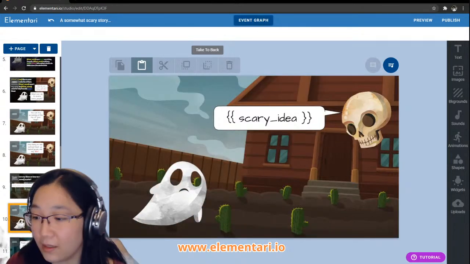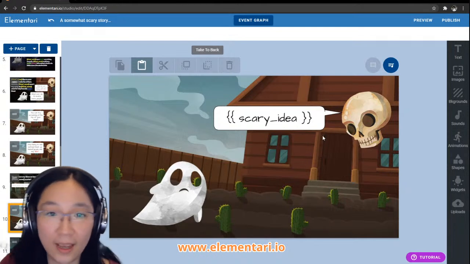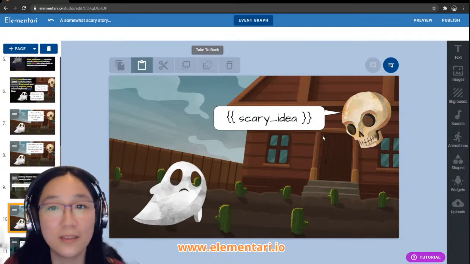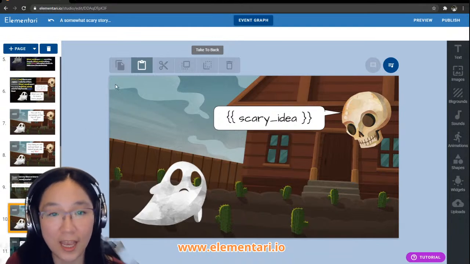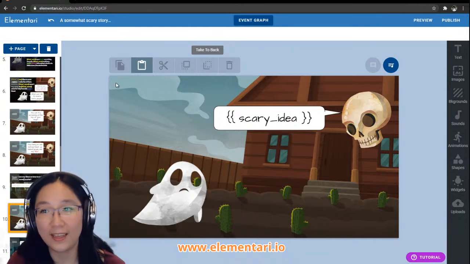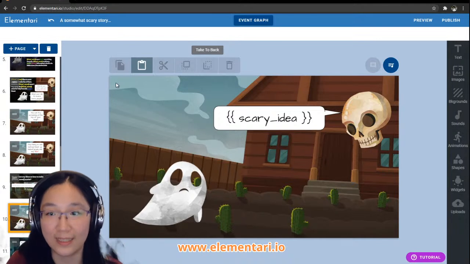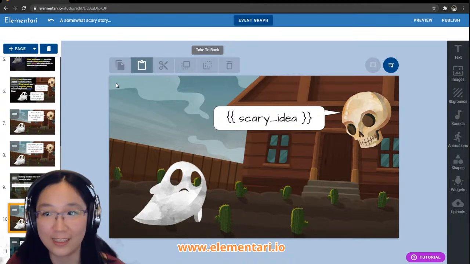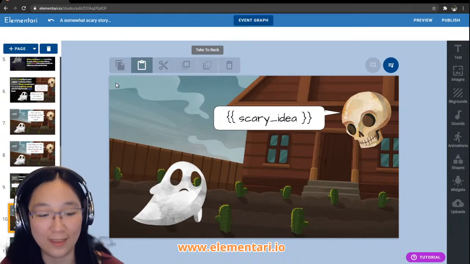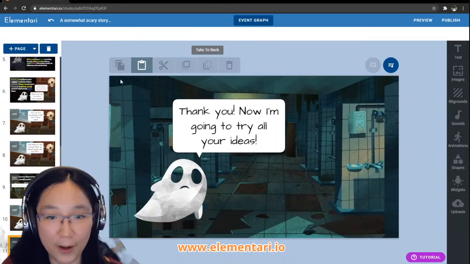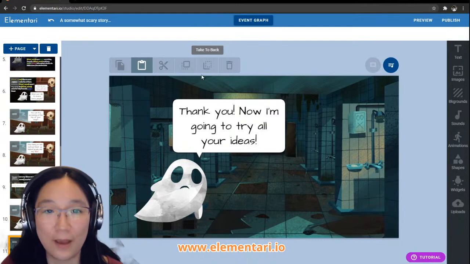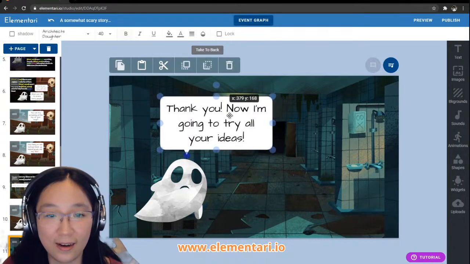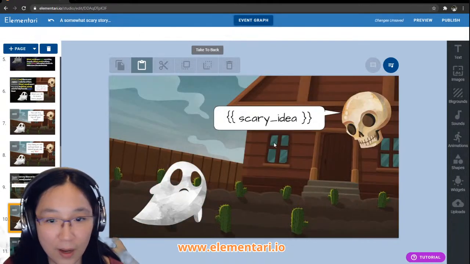So we talked a bit about variables today. If you are confused, that's fine because it is a confusing concept and it's something that middle school kids have trouble with. Even kids in 8th grade sometimes have trouble with this idea of variables. But I hope that after this you have a little bit better understanding of what variables are, and then I'm just going to go ahead and publish this story.